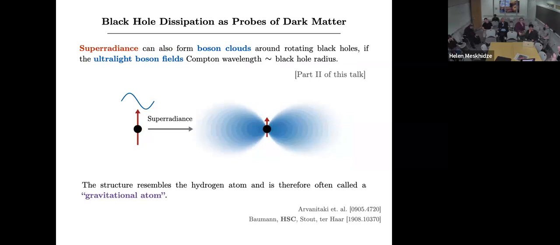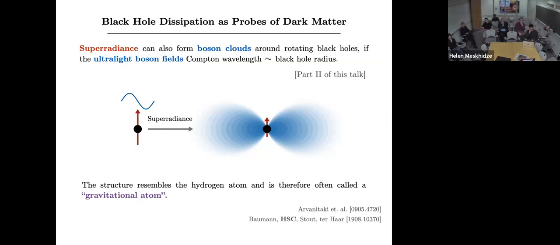There are many different proposals of what dark matter could be, but if all or a subcomponent of dark matter consists of ultralight bosons or wave dark matter, sometimes also known as fuzzy dark matter in the literature, then through superradiance they can spontaneously form a bound state